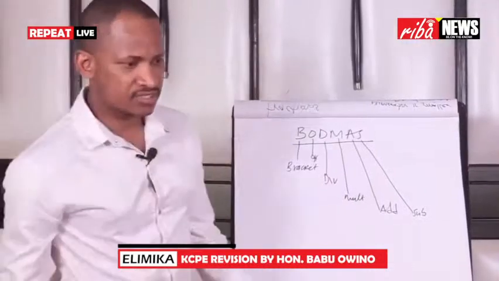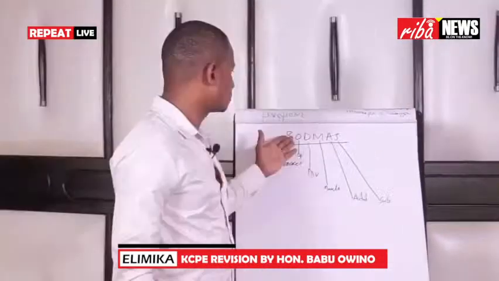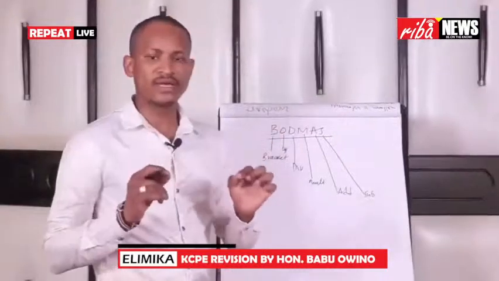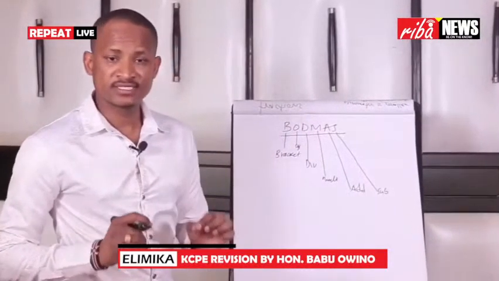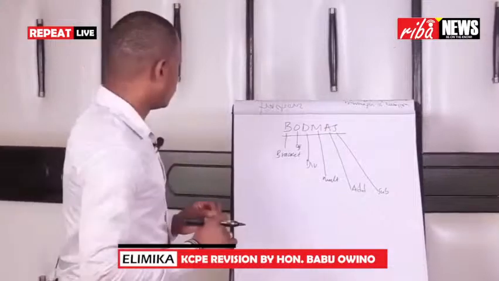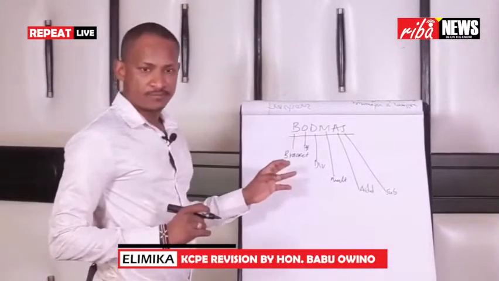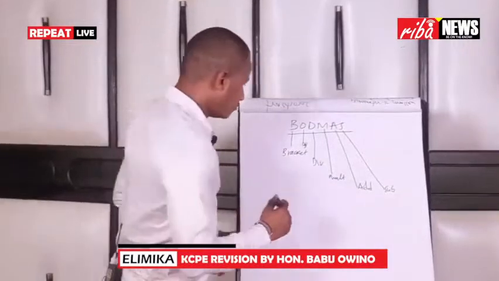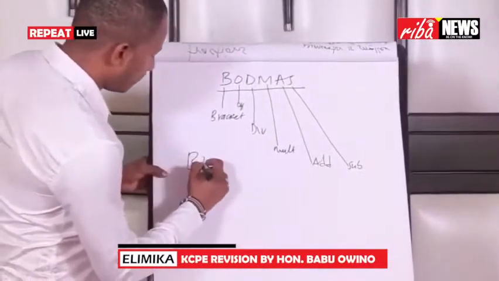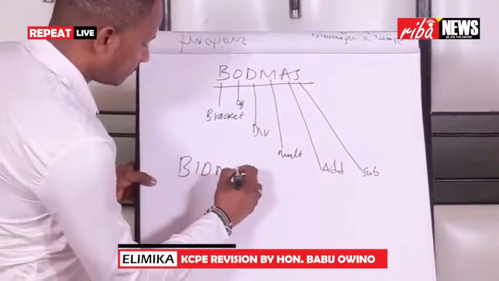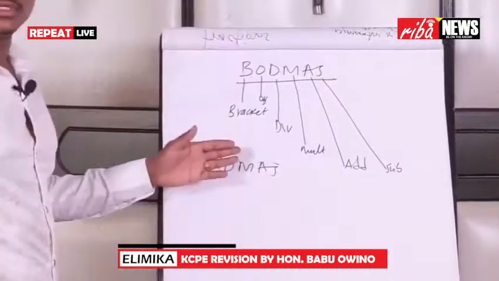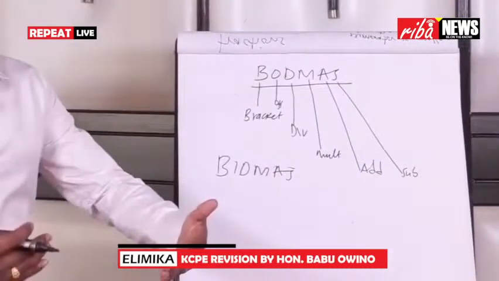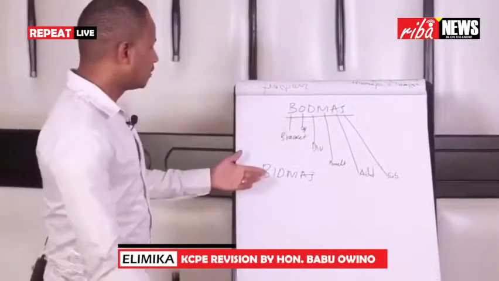So in whole numbers and fractions, you will notice that we will use a lot of this so long as you are given more than one sign in a sum or in a problem to solve. At an advanced level, we use what we call BIDMAS. In advanced level, you don't need to focus on this, but just because you will be advancing very soon,